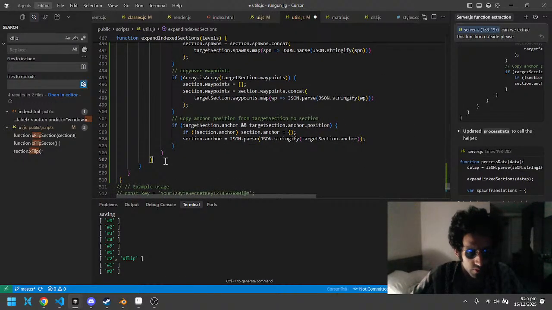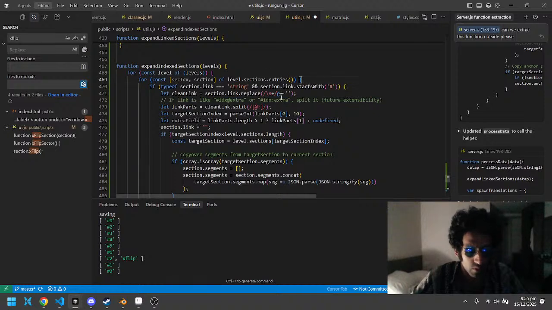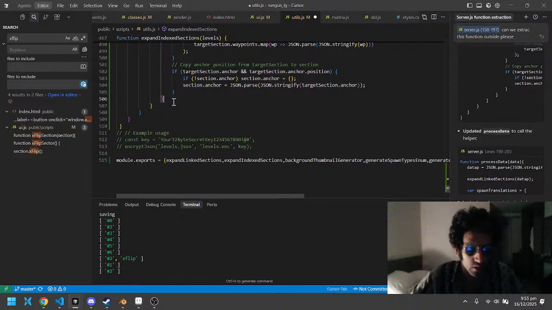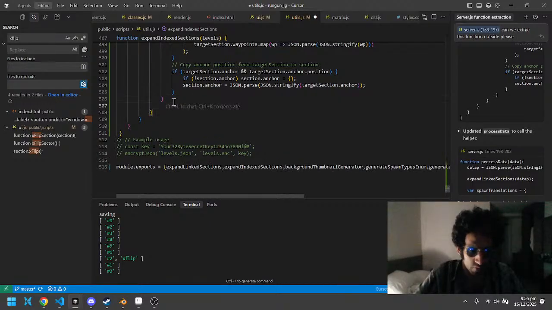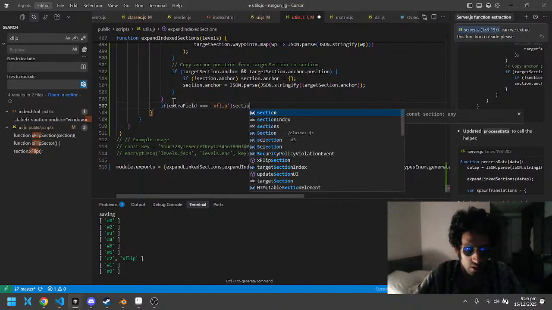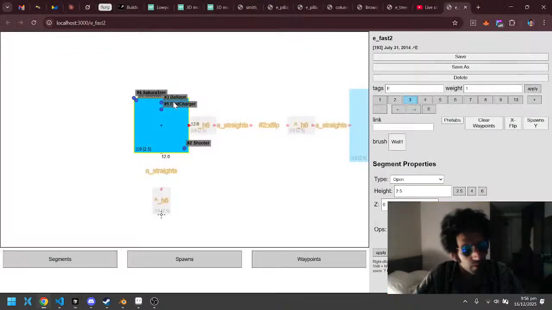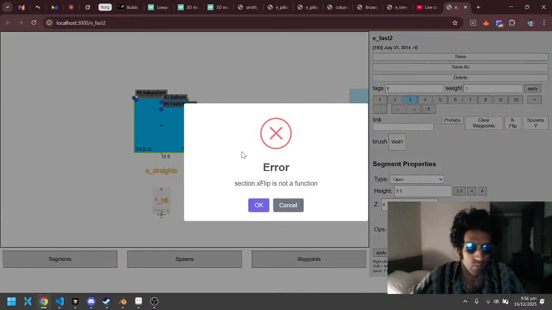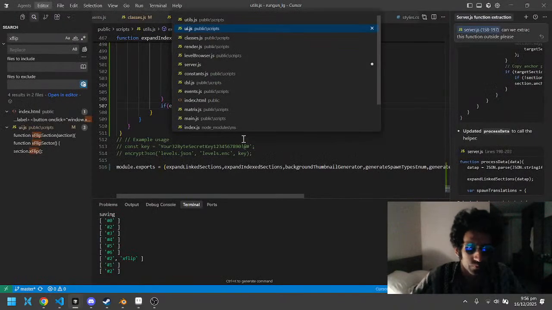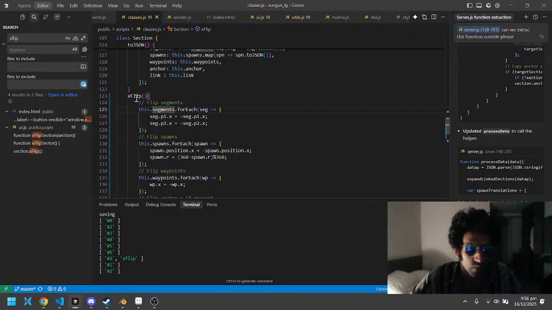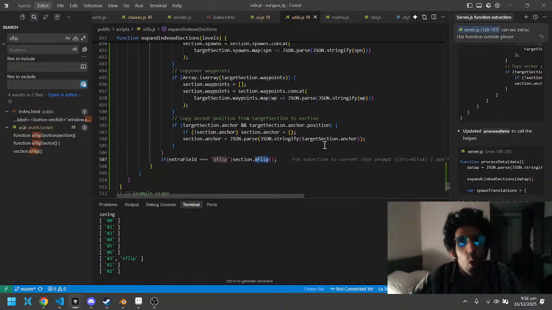Let's do this. Once the section is placed, alright, if type of string starts with hash, alright, if extra field is triple equal to xflip, then section dot xflip. Oh man, if this works. Xflip is not a function. Xflip is a function. Oh,